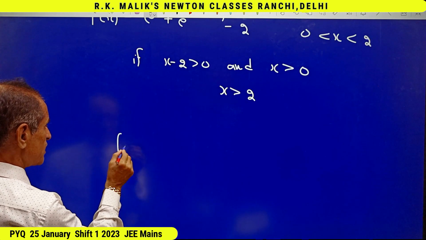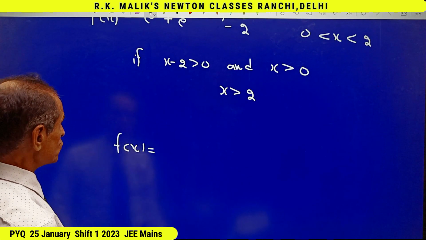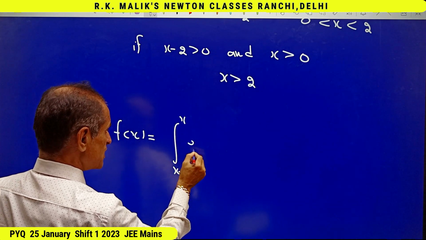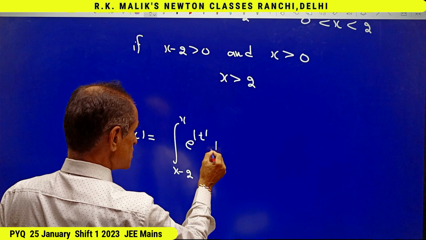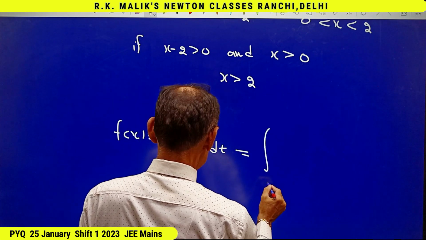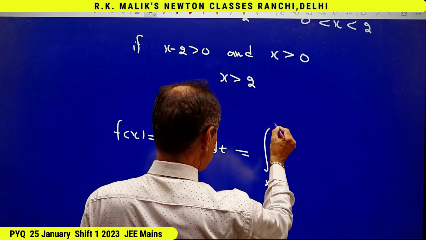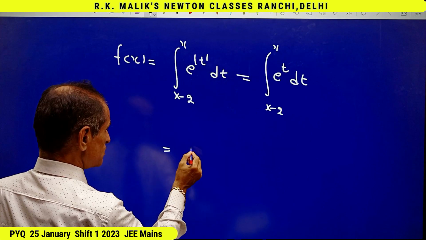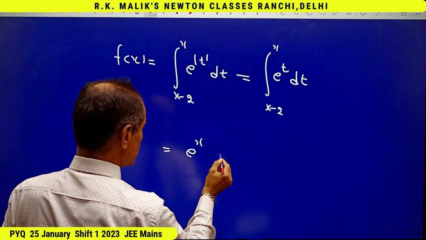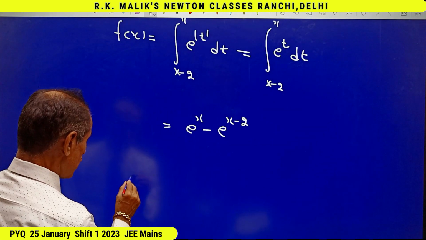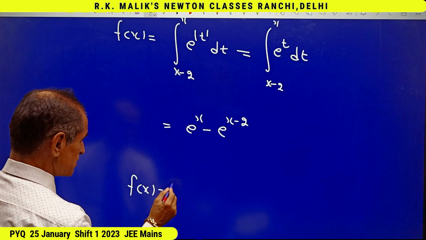And in this case I get f(x) equal to the integral from x minus 2 to x of e^|t| dt, and because both are positive, the integral from x minus 2 to x of e^t dt, that is e^x minus e^(x minus 2). Hence finally we have got the conclusion that f(x) is equal to